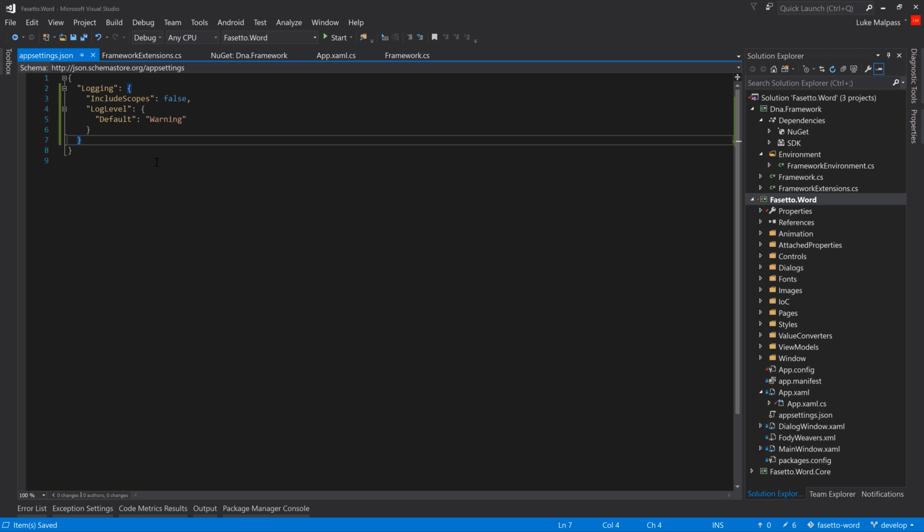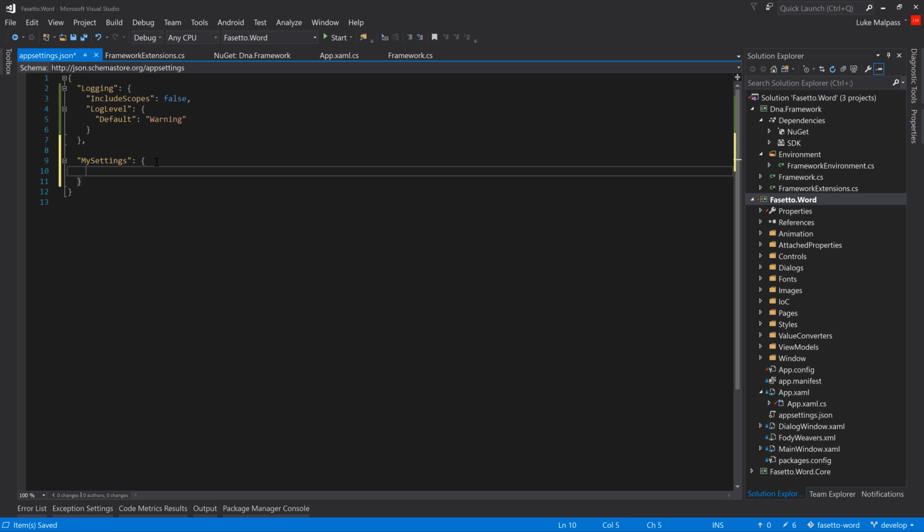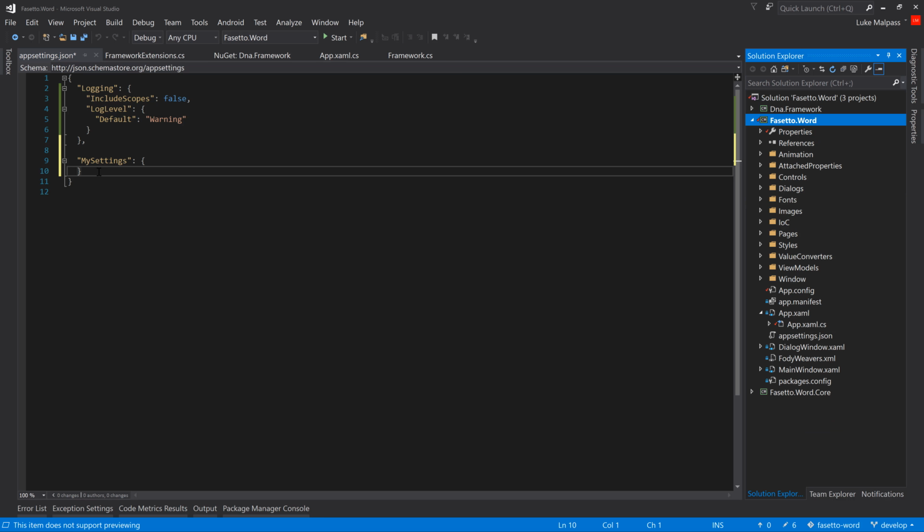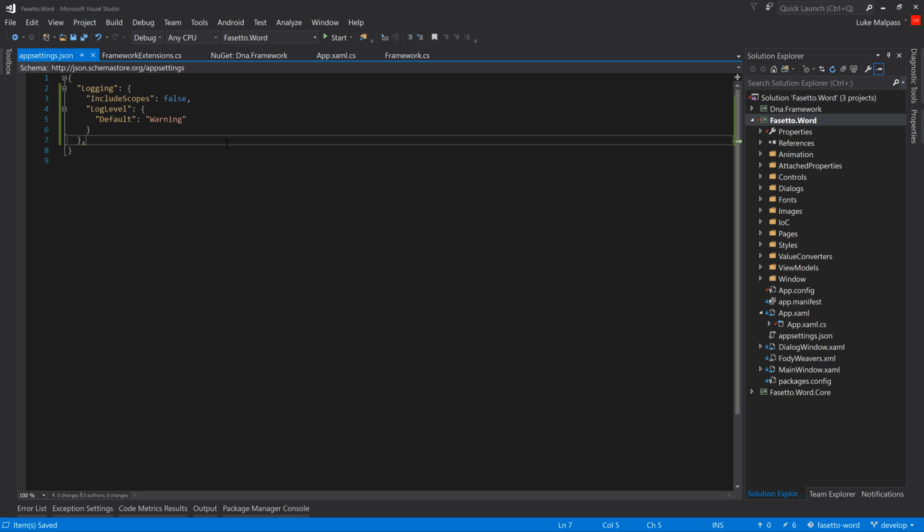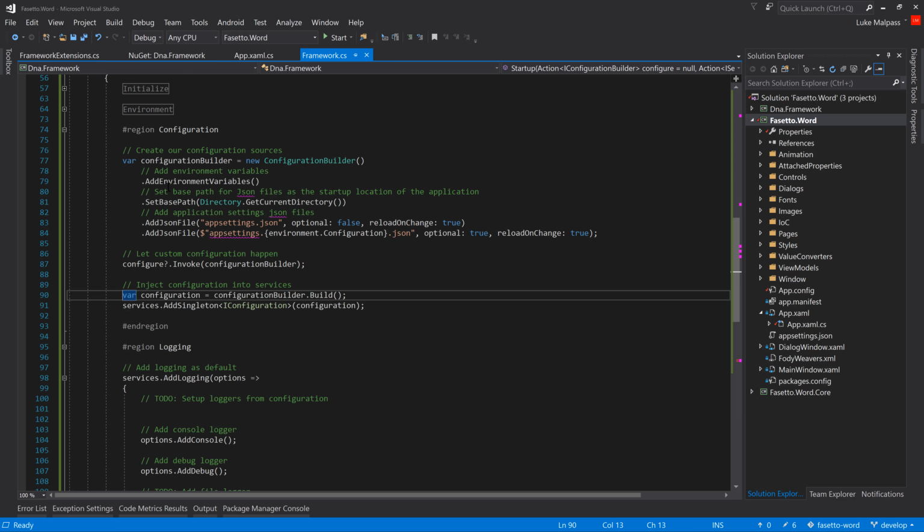Then we can add our own configurations, like my settings, and then you can have whatever values in here, and then in your own projects and own parts of this as we build it up, you can make use of the settings from a settings file that the user can change. And you can also get it from any other source. You can pass it in through the environment variables. And then that's where this configuration starts being useful, because you can provide the same thing when you're saying